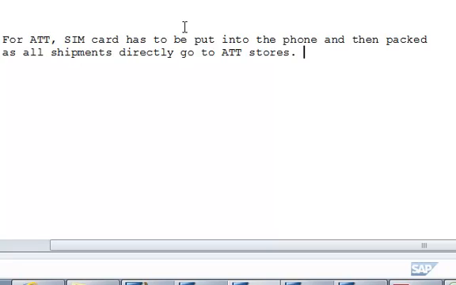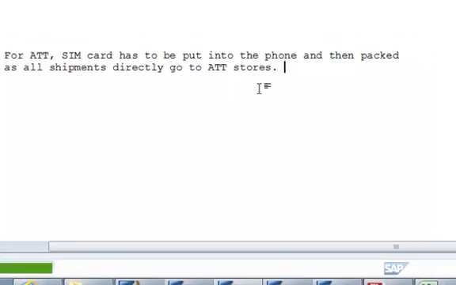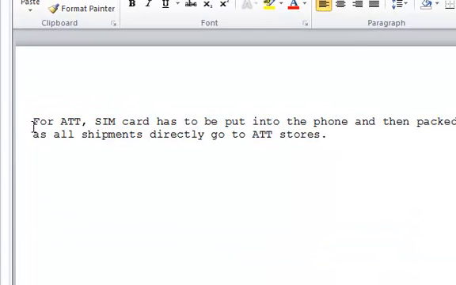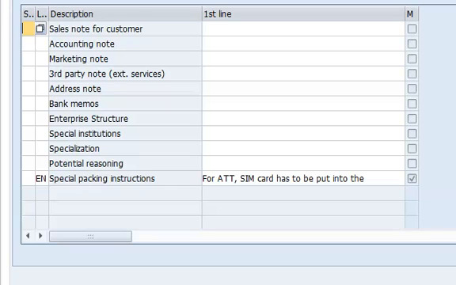Okay, this is some packing instruction, or you can enter any type of packing instruction. And so the packing instruction has to be copied eventually into your delivery, because the guys who are doing the packing on the plant floor have to see this instruction. So you have two options. Either whenever you enter a sales order or delivery, you always go into your text tab and enter it, or